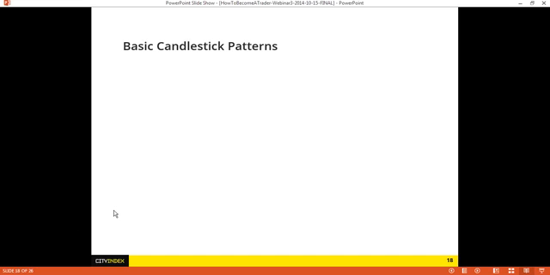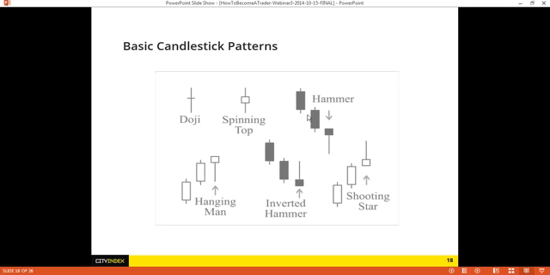MV, I'm not sure what that is, Peter. Okay, so basic candlestick patterns. Wow, this time went by really quickly. I've got a lot more material. So we're just going to go forward a little bit further, and then